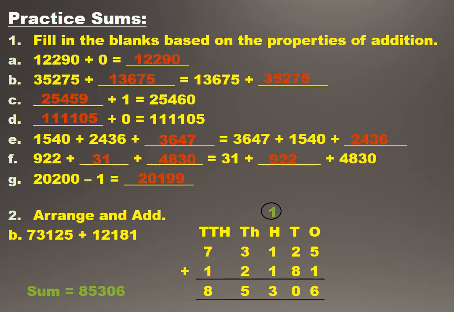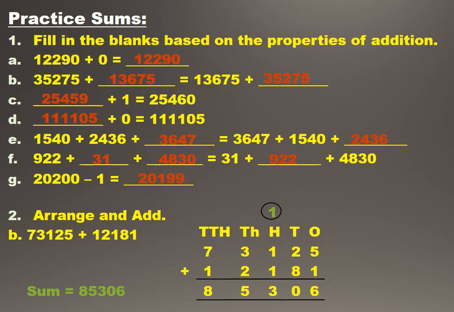F part, here are three different numbers. On left hand side, two numbers are given, third is missing, and on the right side also two numbers are given, third is missing. Now you have to compare all the three numbers, and the number which is not written on either side, you interchange that number. As in C, on first place 1,540, second 2,436, and third is blank. On the other side, 3,647 is given plus 1,540. The last one is missing.